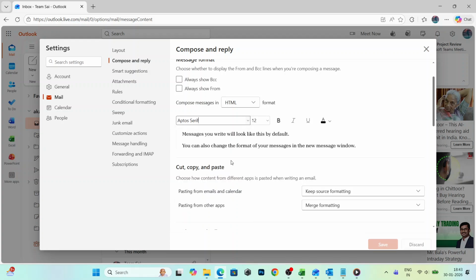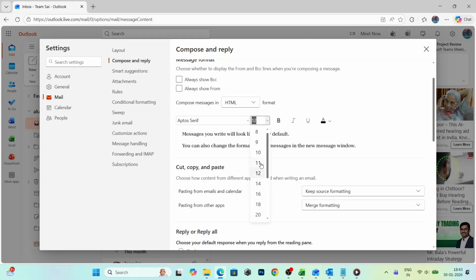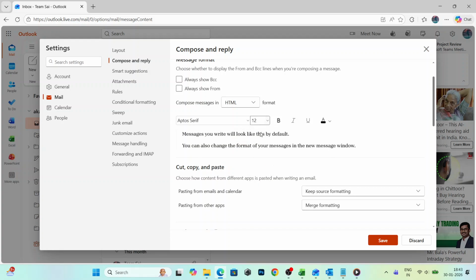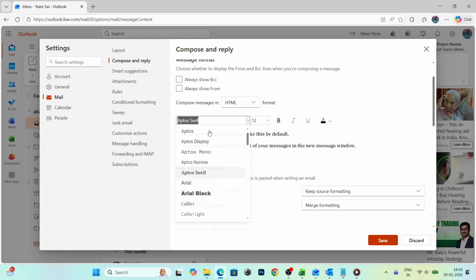A few quick tips to help you choose well. Aim for a size that's easy on the eyes. 11 or 12 is a good everyday choice, while 13 or 14 can improve readability if your recipients view email on smaller screens. Stick to widely available fonts, like Calibri, Arial, or Times New Roman, so your messages look consistent